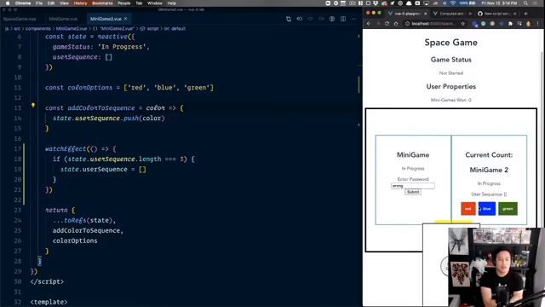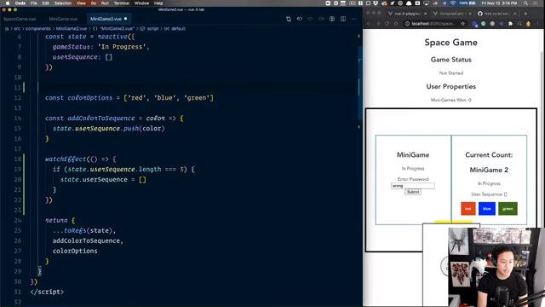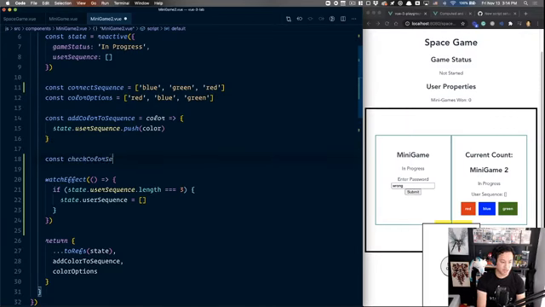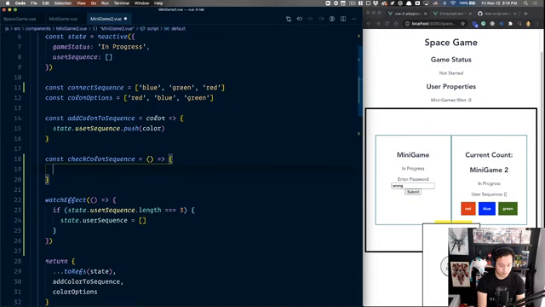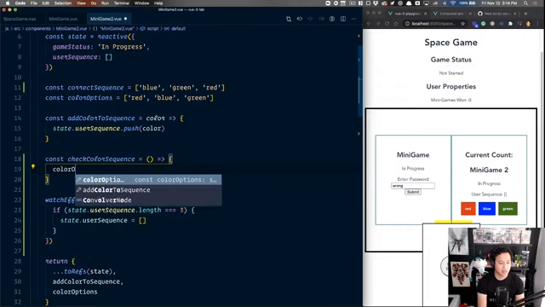It reset. This is good because this is the time we need to check against our correct sequence. So again, const correctSequence. We're not going to worry about dynamic pieces of it yet. So let's say the magic sequence is blue, green, red. And we're going to create a function that doesn't need to be exposed. So checkColorSequence, and that's what we're going to do. There probably is a better way to do this, but we're going to look at color options